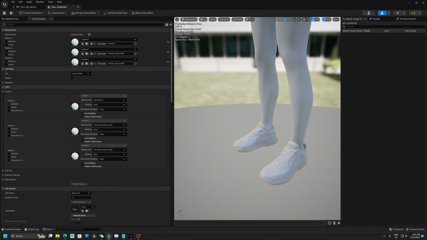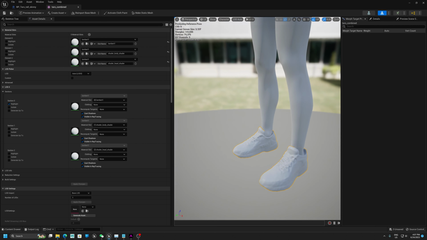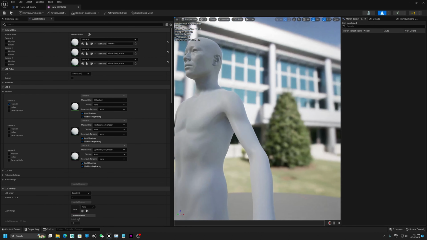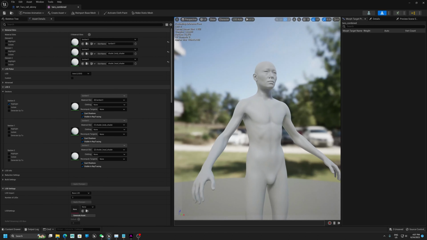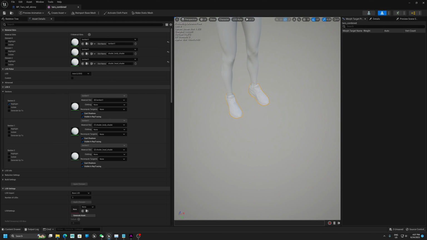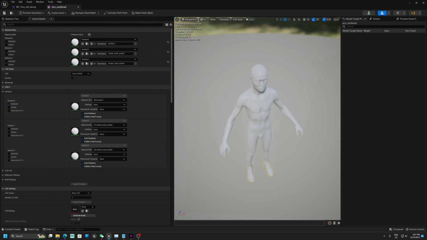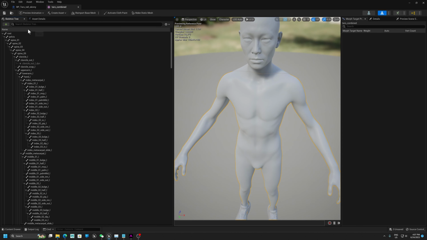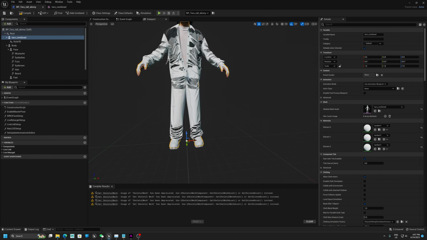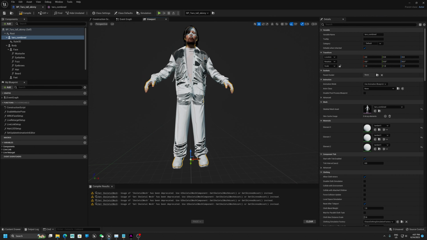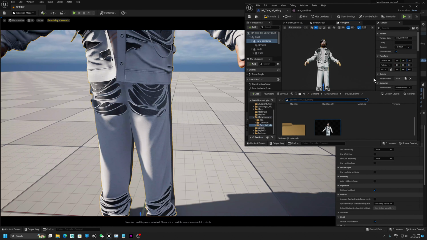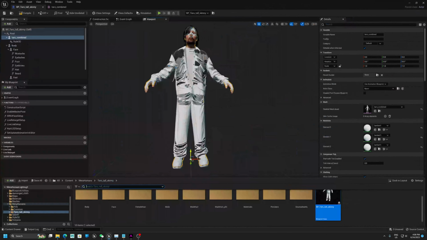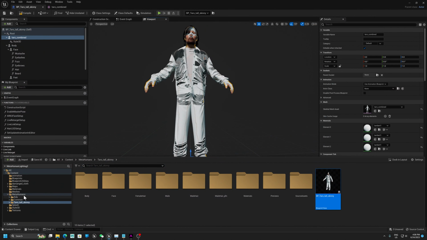So I just exported the shoes from Unreal Engine, and in Maya I made a clean topology for it and assigned it to the combined mesh. And so I have a single mesh, single skeleton that I can use for simulation. All right, and I also exported the